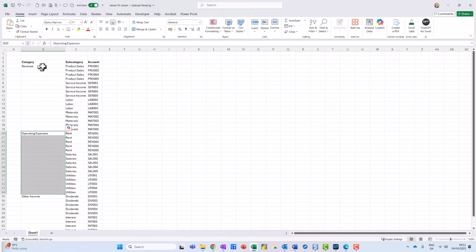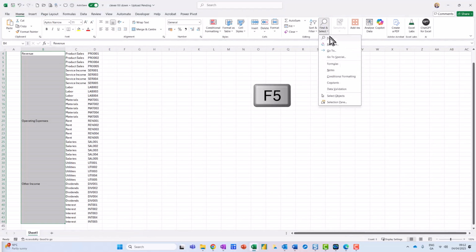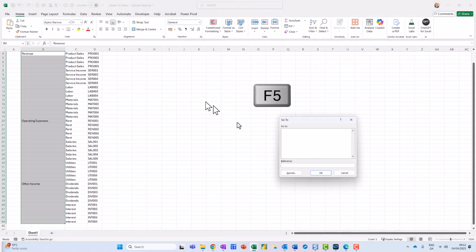So the way to do it is I click up here, and I just go down to this one, and then I just come up here to home, and I go across here to find and select. I could also just press F5 as well, and I just click on go to. I choose special,